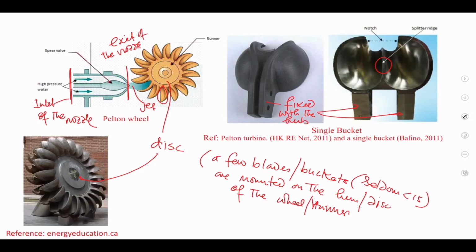One jet will try to flow round the inner surface and it will go out like this. Another jet also will try to flow round the inner surface and it will go like this. So, try to understand, after striking, the jet will be allowed to divide equally into two parts by the splitter, and the jet will flow round the inner surface and it will eventually go out. So, we can understand there will be two different jets coming out from the turbine blades or buckets.